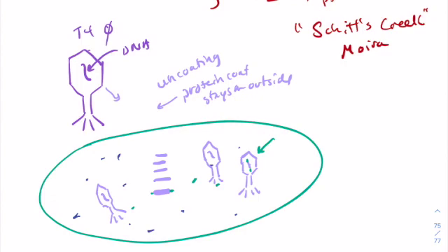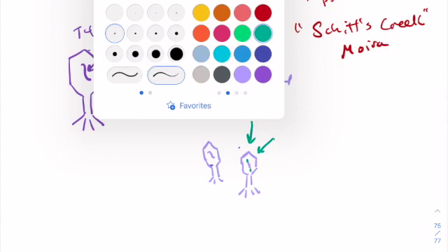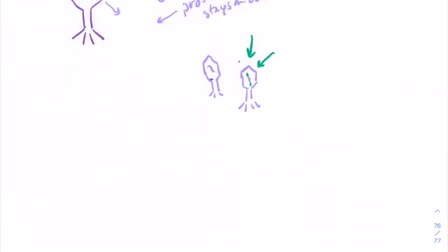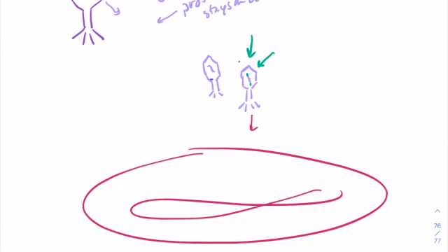So when enough of these viral particles are made inside the cell, the virus produces some proteins that will actually break apart the cell membrane. So boom, it's gone. And then these guys will all go on to infect new bacterial cells. Well, let's say that this one right here goes on to infect yet another bacterial cell. And let's do this second bacterial cell in red. And this one lands on here,